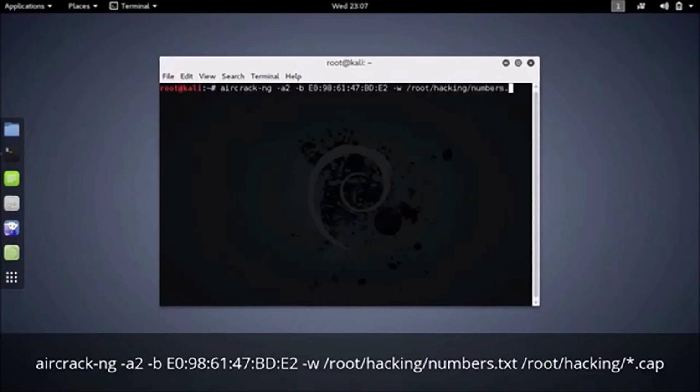We are at 00, some 9, some 10,000. We are checking at around 1000 keys per second. Depending on your computer speed, the hacking process can take from 6 hours to 20 hours also. So we'll wait for the password to crack. As you can see, the key has been found.